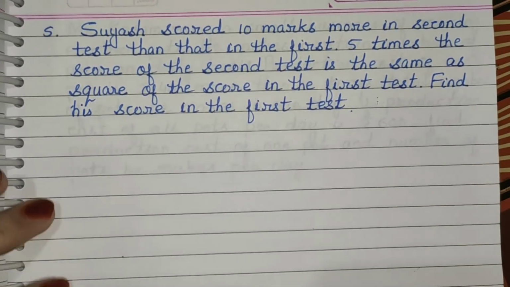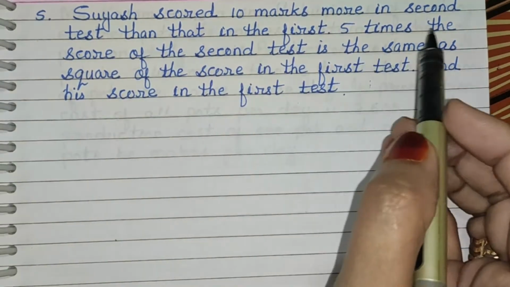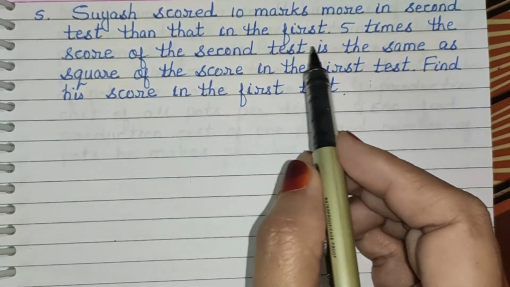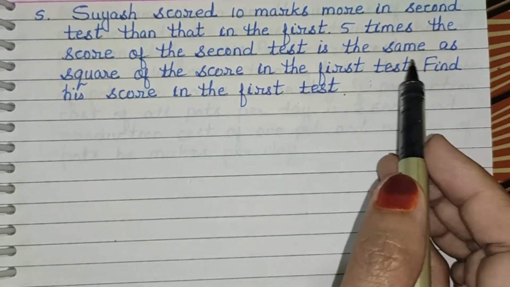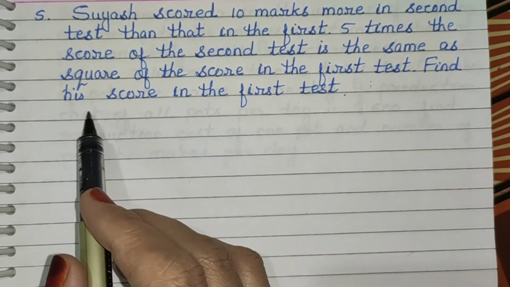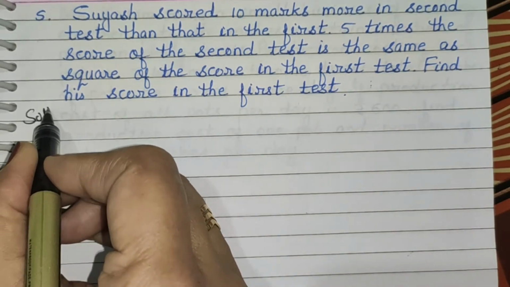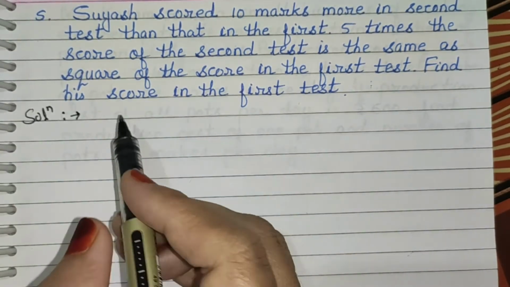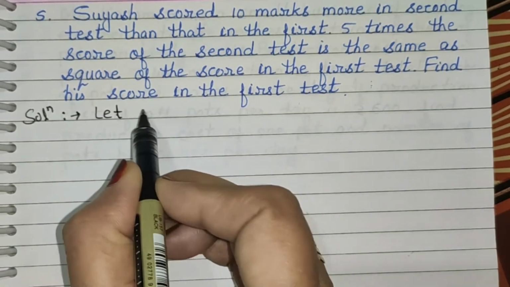Now, next question is, Suyash scored 10 marks more in the second test than that in the first. 5 times the score of the second test is the same as square of the score in the first test. Find his score in the first test. Now, let us see how to solve it. Solution. Let us consider that